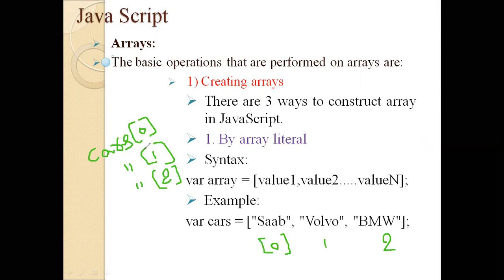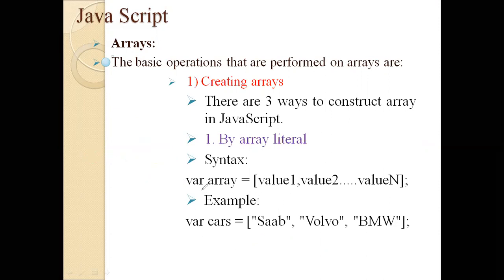So this is how the elements are stored inside an array. When we create an array by using array literal, that is by using a var keyword followed by the name of the array, and then store some values inside, these values will be stored at index 0, index 1, the next value at index 2, the next at index 3, and the last value, the nth value, will be stored at index n minus 1. This is common in all programming languages, not only in JavaScript. Now, let us see the next point.